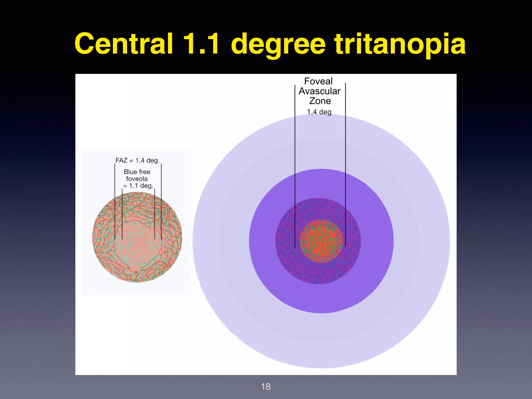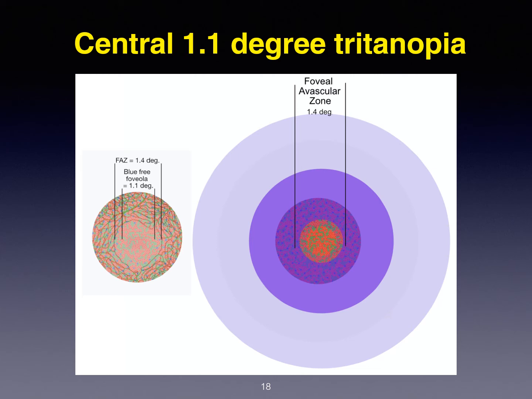This is a schematic of the density of the blue cones distributed around the blue cone-free foveola in the human retina. And although the size of the tritanopic area in the central fovea may vary, it is widely claimed to be between 1.1 to 1.5 degrees. The maximum density of the blue cone area corresponds to a gap of around about 2 degrees from the middle